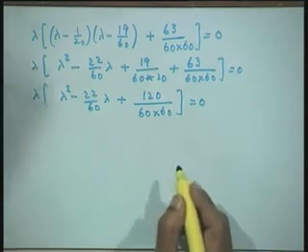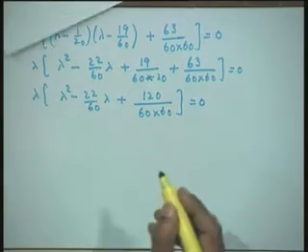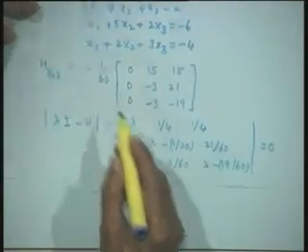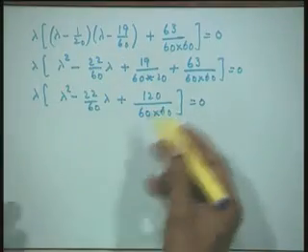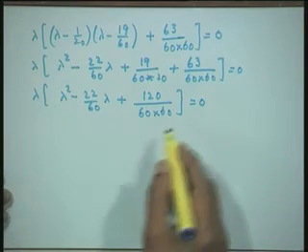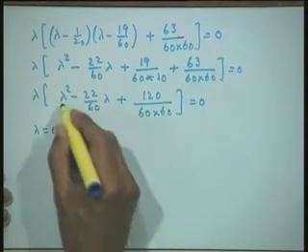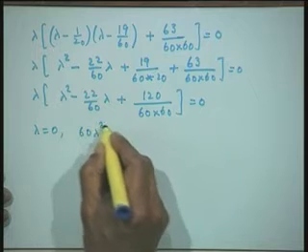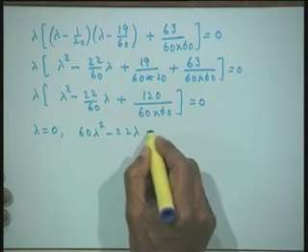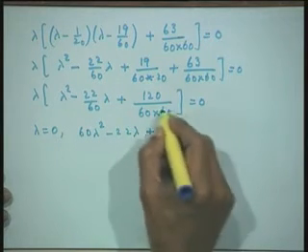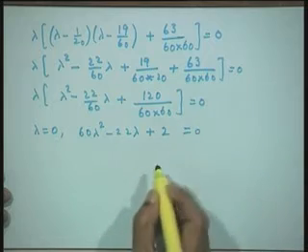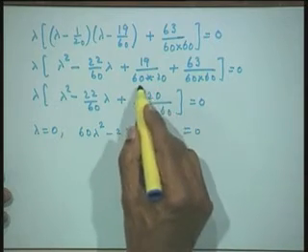So, what I meant is when you have a factor outside this factor that is there, they always get cancelled to the minimum possible extent. Therefore, I can write down the eigenvalues: lambda is equal to 0 and 60 lambda square minus 22 lambda, this is cancelled, that is equal to 2 is equal to 0. I have cancelled a 60 here. So, this is a 2 here.